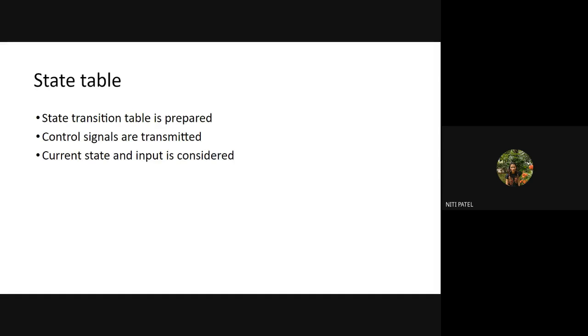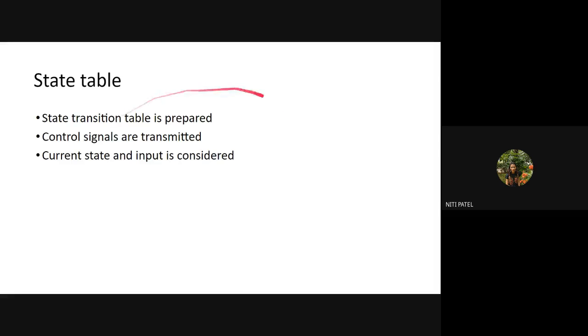Okay, so suppose I have an instruction called load A. For load A, I will generate a control signal called C1. So the entries made in this table are: C1 is equal to load A, C2 is equal to load B, C3 is equal to move A comma B, C4 is equal to add A plus B. So whatever control signals are getting generated for your instructions, the entry of that instruction name and that control signal is made inside the state transition table. Okay. Control signals are transmitted. Which control signals? The signals for each and every instruction, as I listed, C1 for this, C2 for that. So all these signals will also be generated.